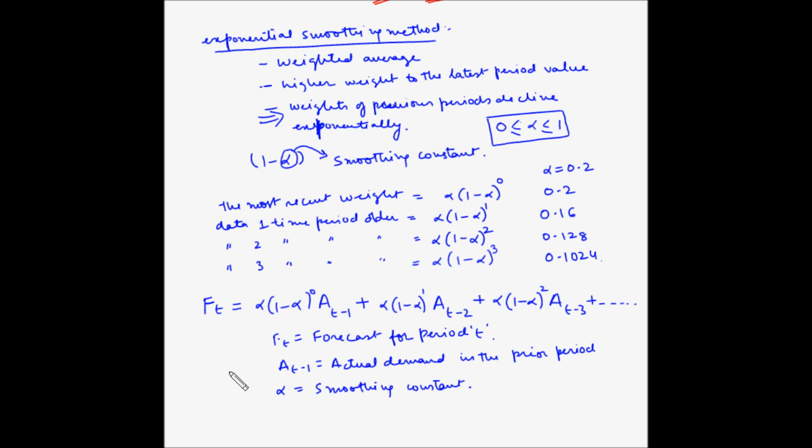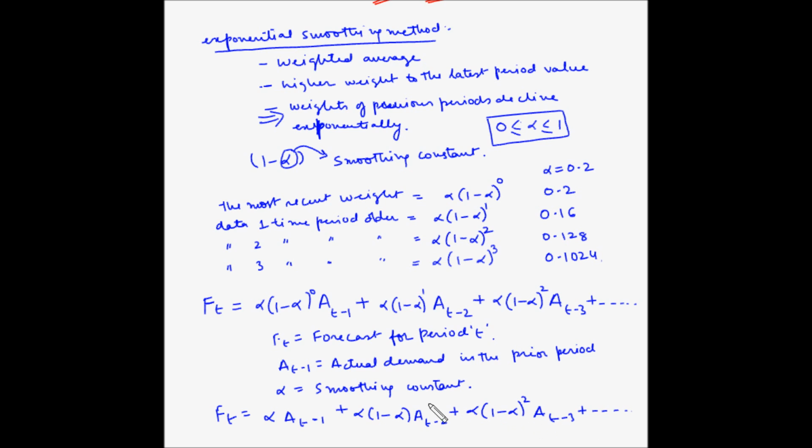So now let's evaluate this equation, that is (1 minus alpha) to the power 0, and rewrite this equation. So ft is equal to, now (1 minus alpha) to the power 0, anything to the power 0 is 1, so this becomes alpha multiplied by A(t minus 1) plus alpha multiplied by (1 minus alpha) A(t minus 2) plus alpha (1 minus alpha) square multiplied by A(t minus 3),